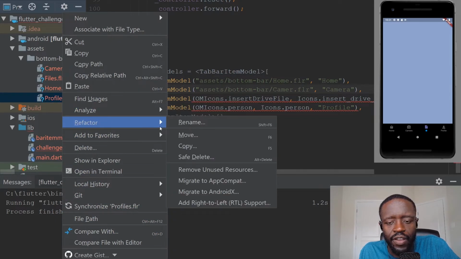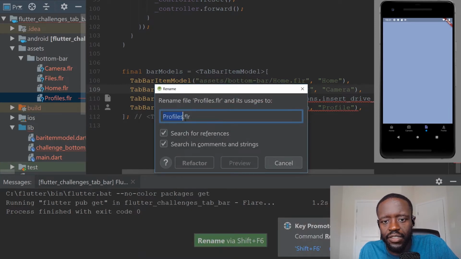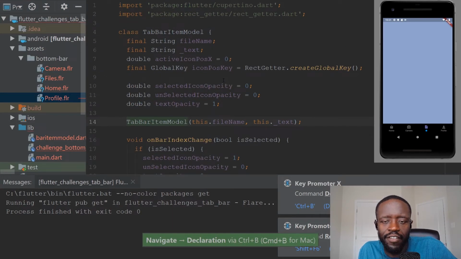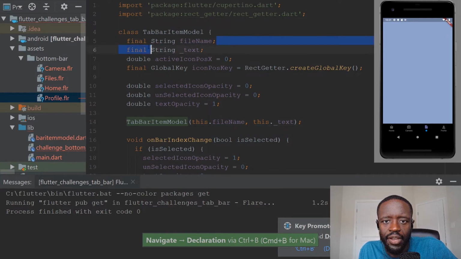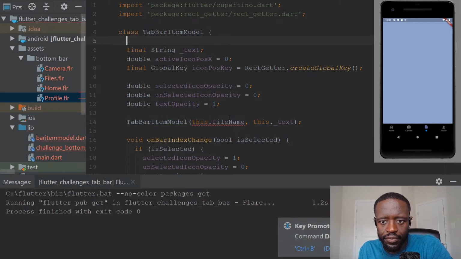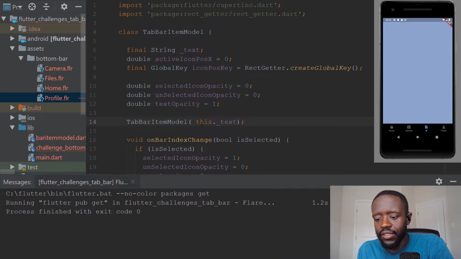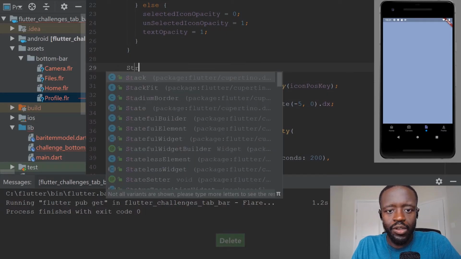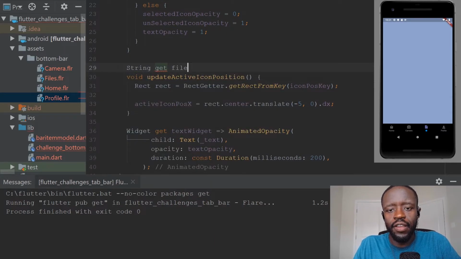So refactor, rename, shift F6. What is actually going to happen here is, I'm not even going to have a file name, because they all follow a pattern, right? So using our thinking head, we just say string get file name